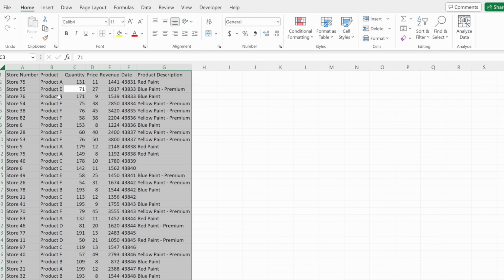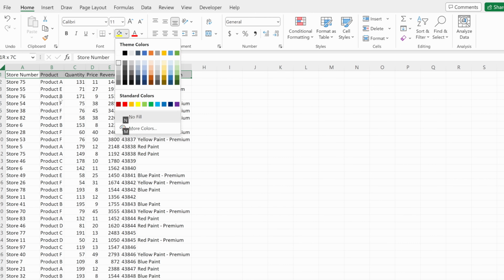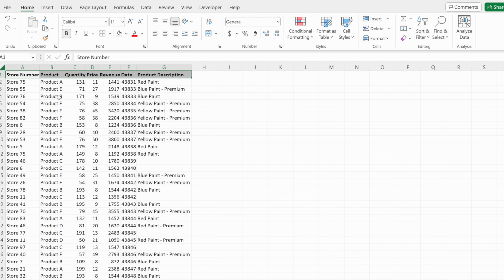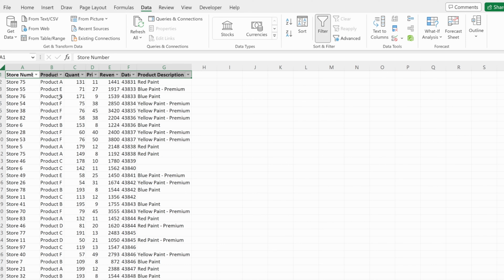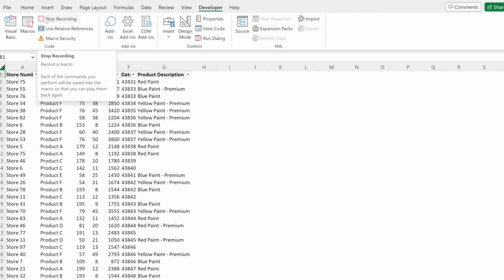Alt HOI to auto fit my column widths. Scroll up to the top row, highlight it, Alt-HH to make it a light gray, Control-B to make it bold, and then Alt-AT to add a filter. Alt-WVG will turn off grid lines, and then you can just go back to the developer tab and hit stop